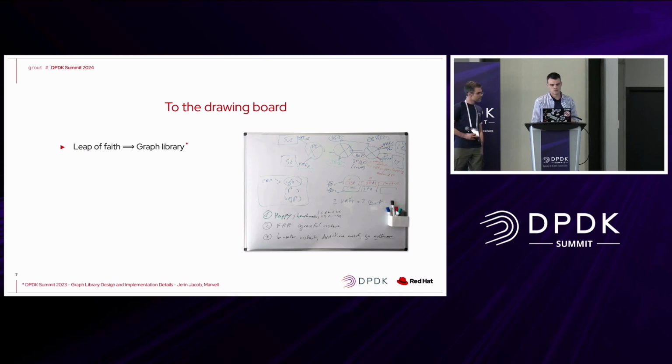Anyway, so we started the project after last year. We saw Jerry and Jacob's presentation of the graph library, and it seemed very promising. So we decided, hey, let's try and build a router from that, maybe. At first we had blank page syndrome because I think we were the first external application using RTE graph. So probably we had to weed out some stuff that was not completely documented or not explicit in the